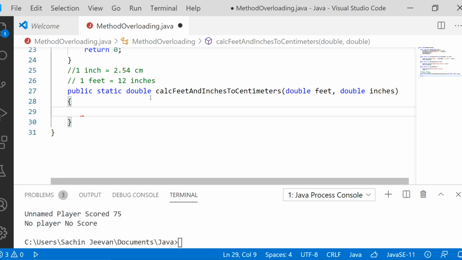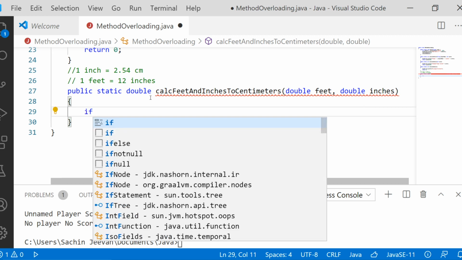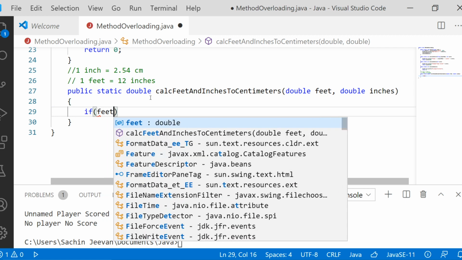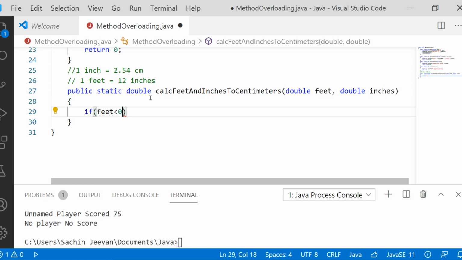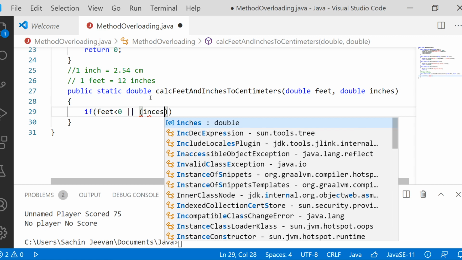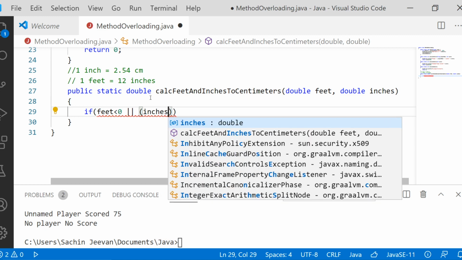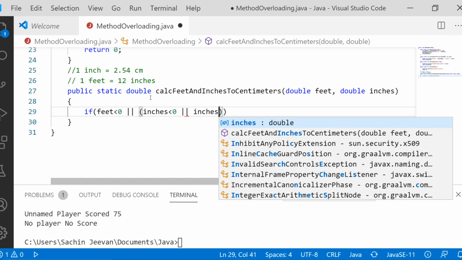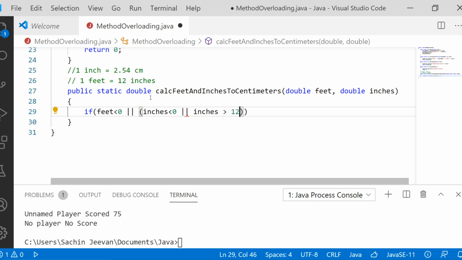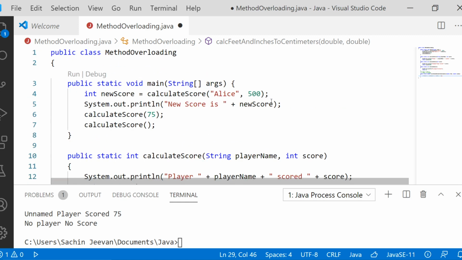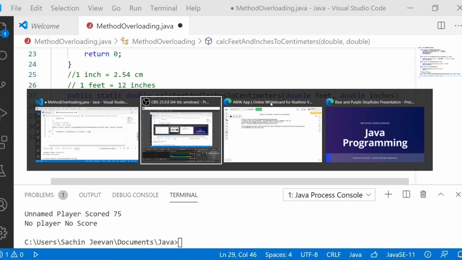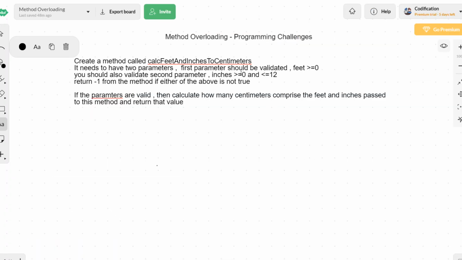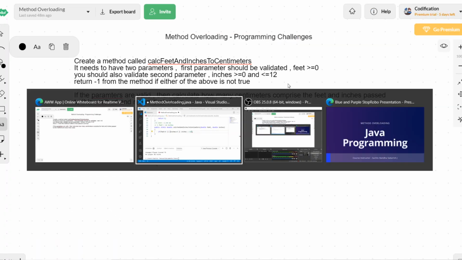So what I will be doing is checking if feet is less than 0, or otherwise if inches is less than 0, or otherwise if inches is greater than 12, because as the problem statement says, inches should be greater than or equal to 0 and less than or equal to 12.